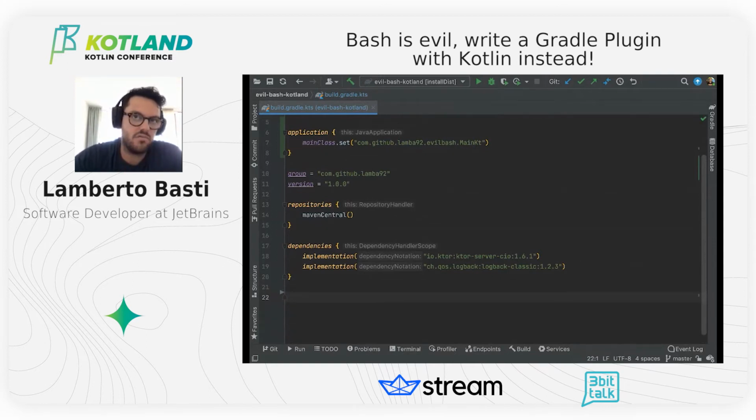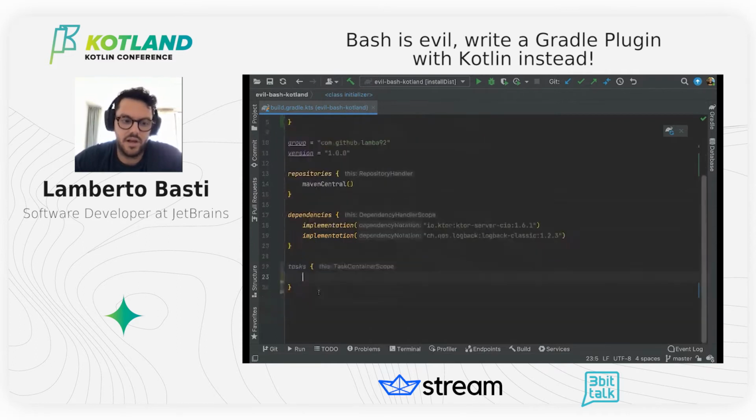One thing we want to do is use the Gradle tasks to do so, and we use the tasks closure of Lambda. We can see that inside of here, this will be a task container scope. This scope is actually a pretty particular class we're going to see later. But what we're going to need to understand here is that we can create what is called a task. A task is like an action that we want to let Gradle execute. In our case,